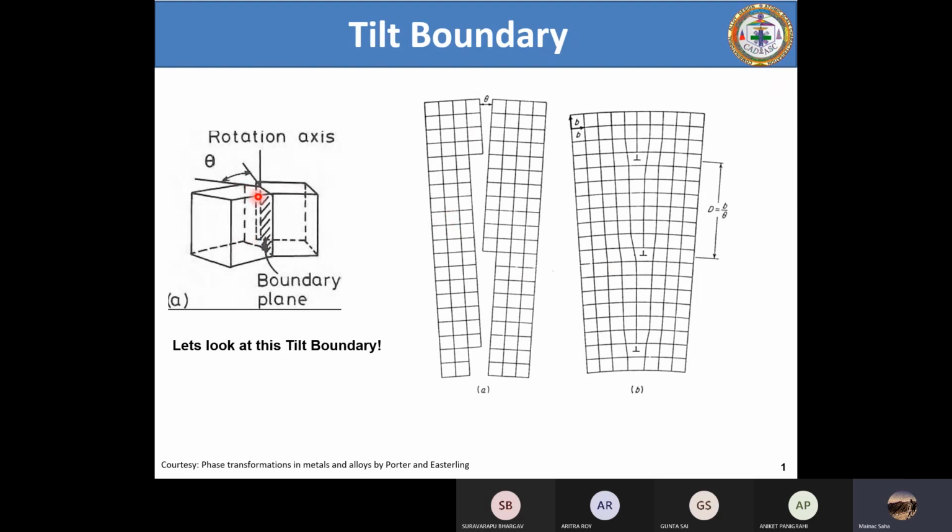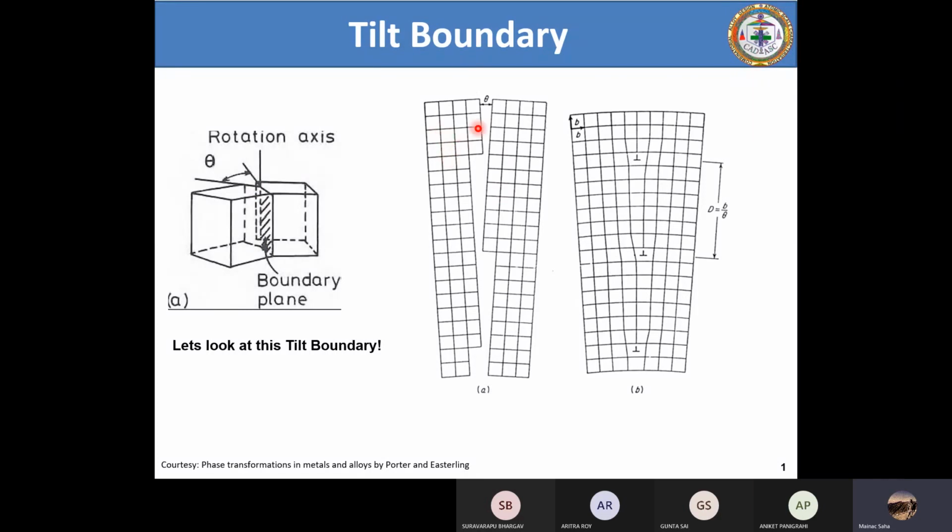Very simple thing. Now if you look at this unique grain boundary plane, you just have to see. Consider yourself as looking through this side of the cube, or consider yourself cutting a section out of this grain boundary plane. You cut a section out of the grain boundary plane and look at it in a straight fashion. Don't look at it in a tilted fashion, otherwise you will be confused. If you cut a portion of the grain boundary plane, you will see two things.